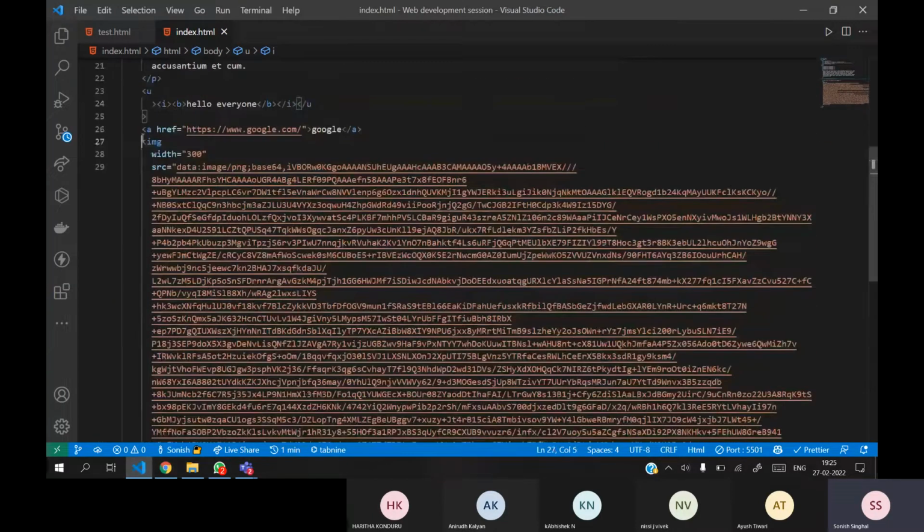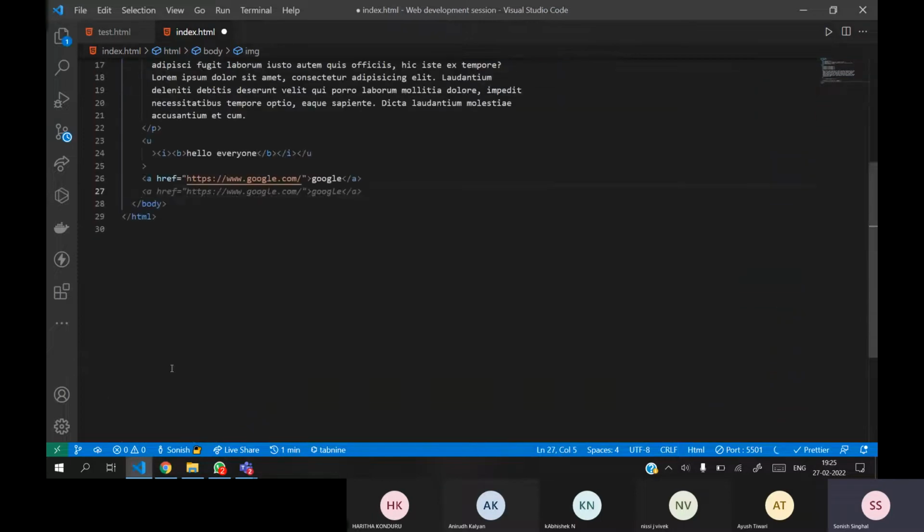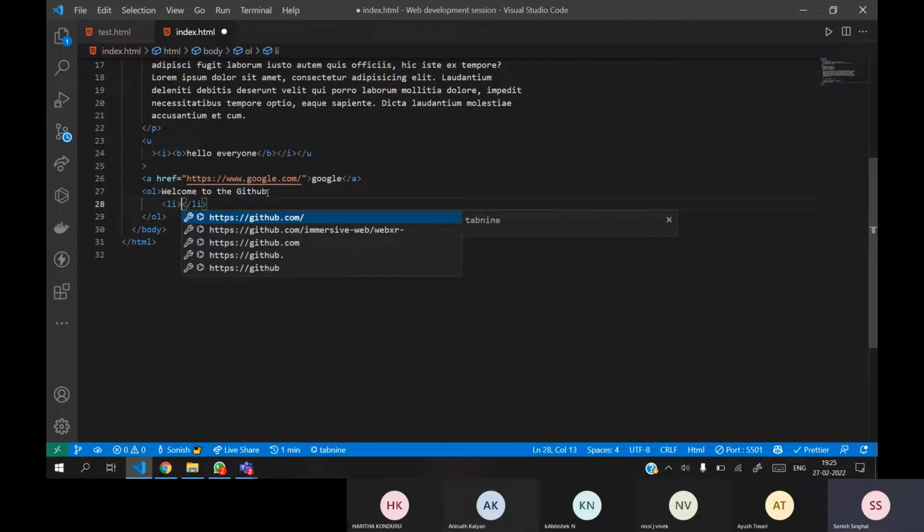I am removing this image tag because it's taking too much space. Here I will use the OL tag. OL is for the ordered list, when you have to create a list. Inside the OL tag, you just have to use li, and here you will get the list.